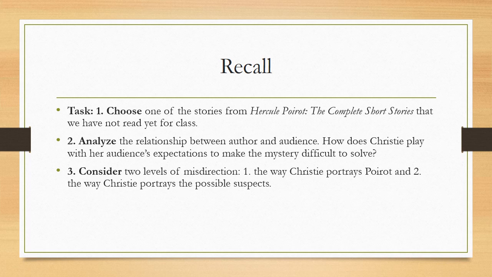One of the main ways Christie achieves this not impossible but difficult level of mystery is by casting our attention away from certain suspects. And then Poirot does the same thing, where he tries to disarm the potential killers by making himself not seem like a threat, even though he's a very formidable threat. And so these are just 2 things you can look at as you try to explain to your reader how Christie so thoroughly understands her audience and uses that to her advantage with her goals of creating a challenging mystery.